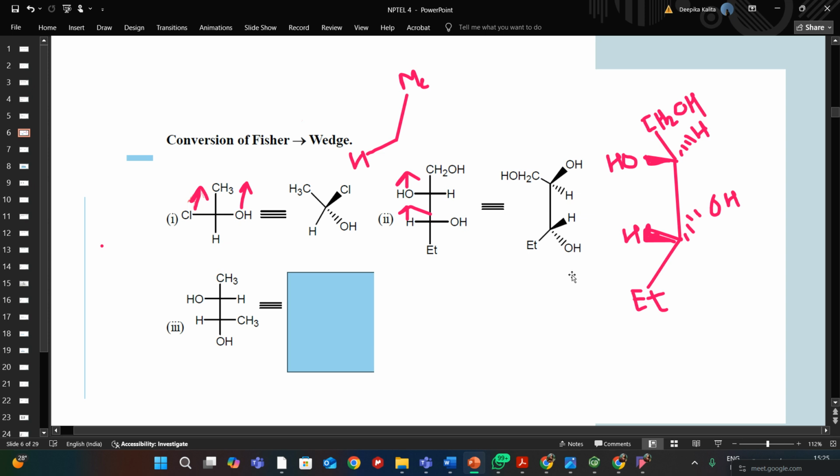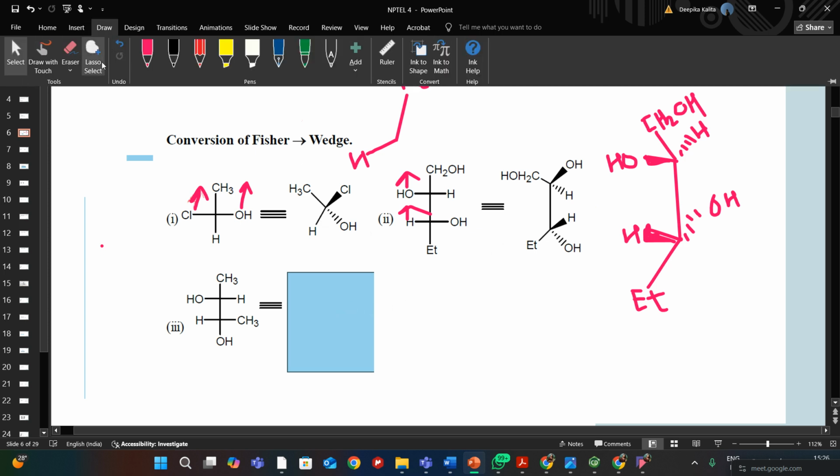Okay, so this will be the wedge projection of the given Fisher projection. Now after solving these two, it must be easier for you to solve the third question. And if we quickly draw it,